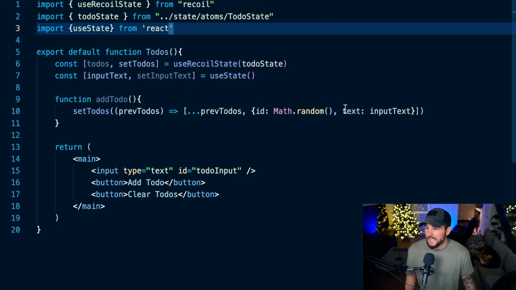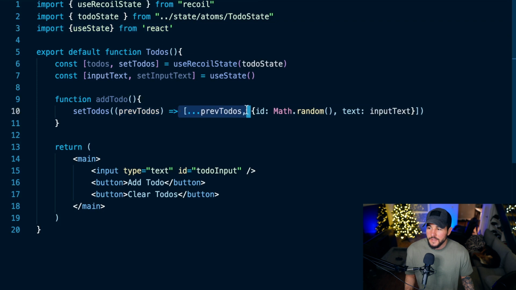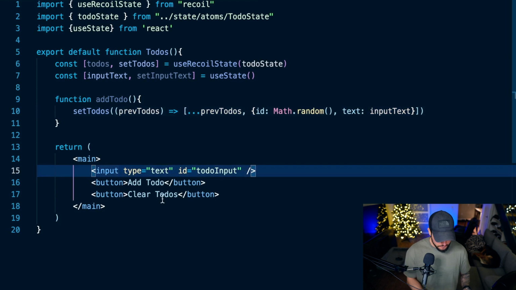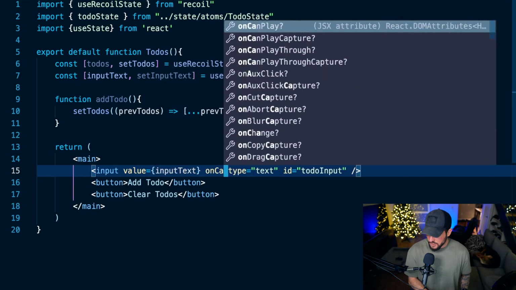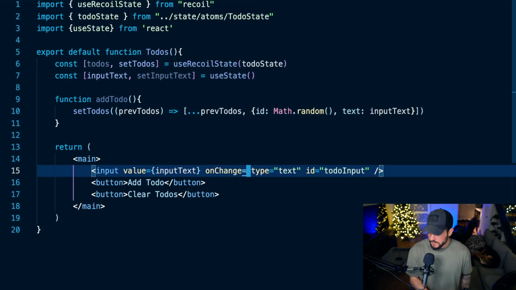All right, so for my add to-do, I'm going to take all of my previous to-dos, add them into my to-dos array, and then add a new to-do with an ID and text set to whatever my input text is right here, which also means I need to set this value to be my input text, and I need to set an onChange handler equal to